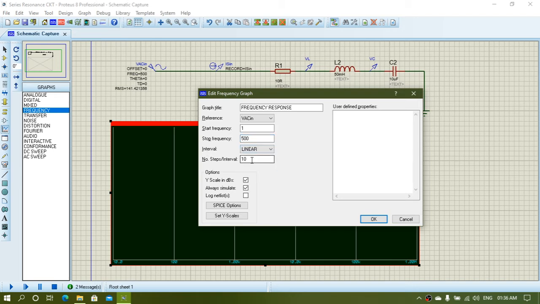And now the step. I recommend always setting your step equal to your stop frequency or greater than that, then only your graph will look good. You don't need to scale your y in dB, so uncheck it.